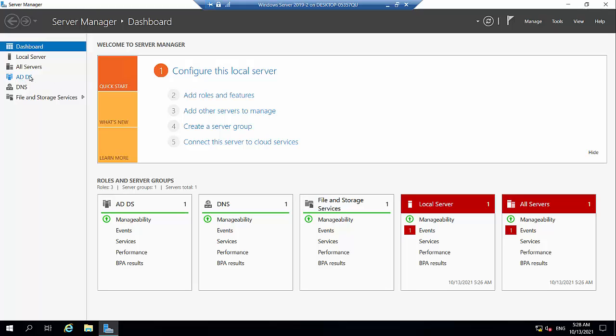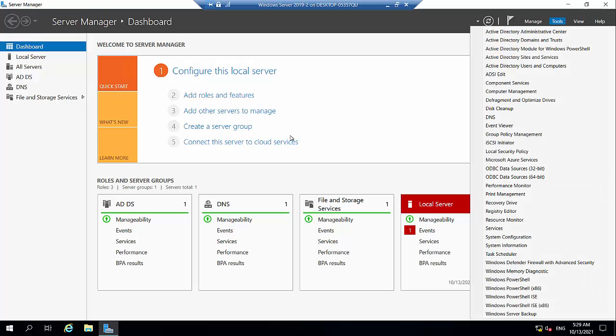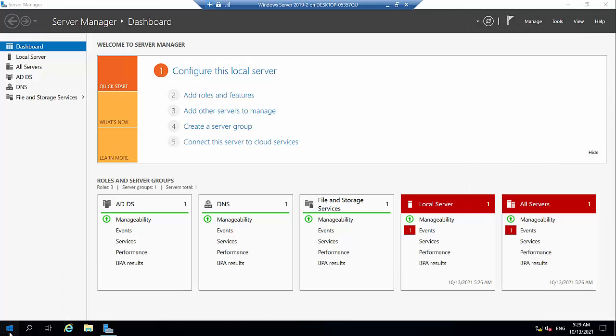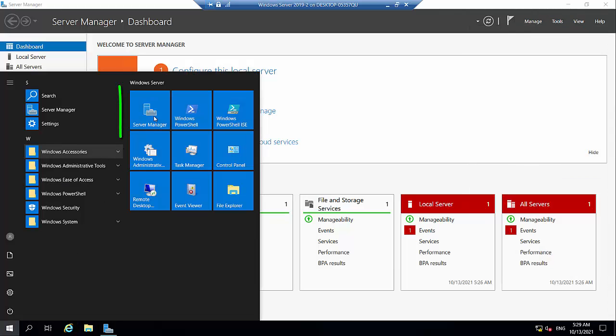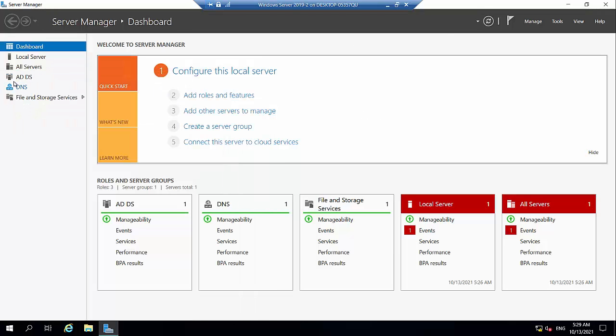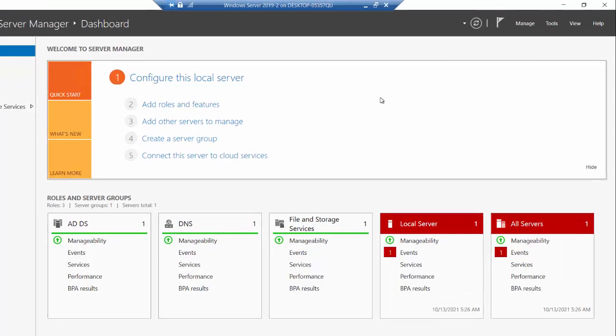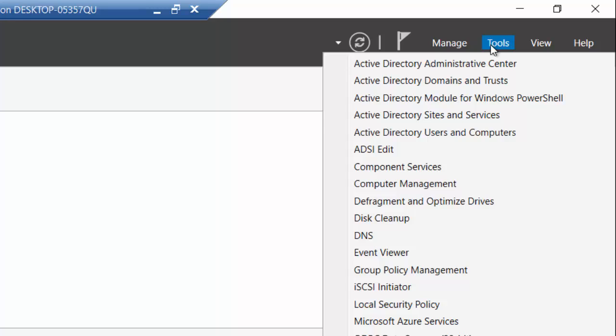So where do you actually access this? Where do I go and create these accounts? You're going to go to the top right hand side here in tools, and just by the way, this is the Server Manager which pops up automatically if you just installed the server. If it does not, you can click on the icon on the taskbar if it's there. If it is not, you can go here to start, bottom left, and you can launch it from there. That will effectively launch the Server Manager, and on the left you should have an indication whether this role has been installed or not. So we're going to go to the top right hand side here to tools, and there's